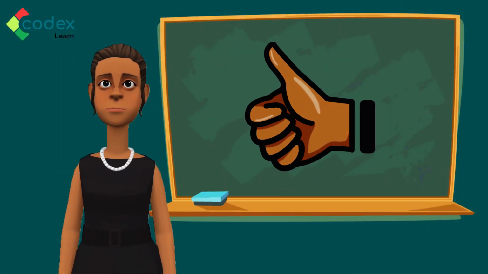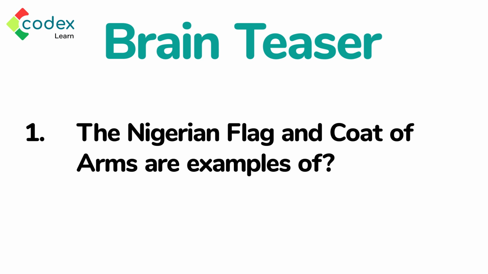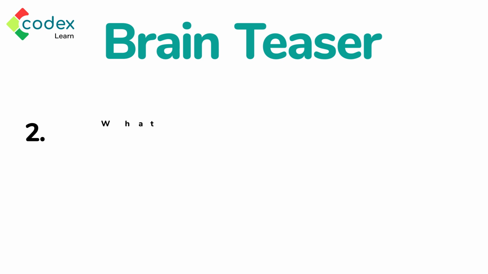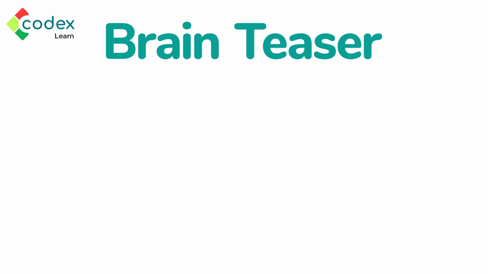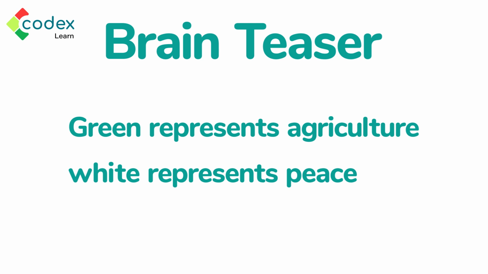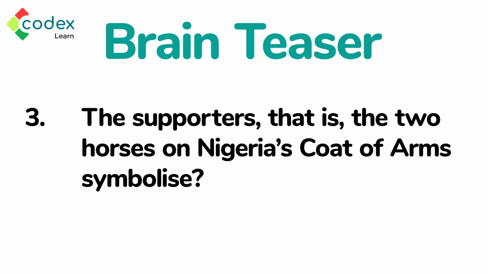Well done! Now, it's time for a brain teaser. Ready? Okay. 1. The Nigerian flag and coat of arms are examples of national symbols. Fantastic! 2. What do the colors on the Nigerian flag represent? Green represents agriculture and white represents peace. That's correct. 3. The supporters, that is, the two horses on Nigeria's coat of arms, symbolize